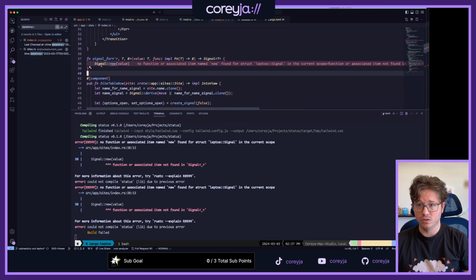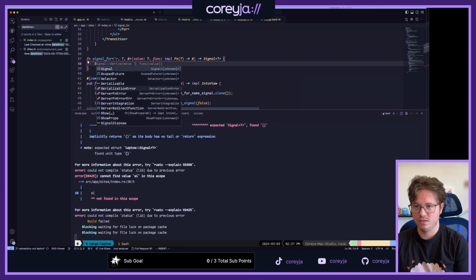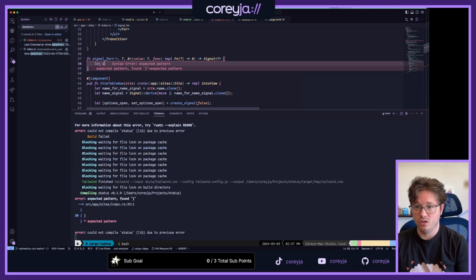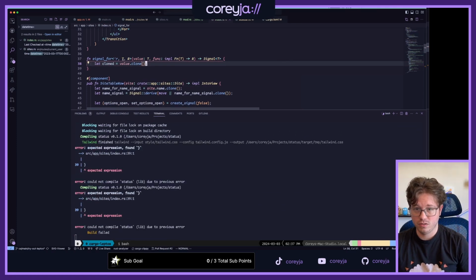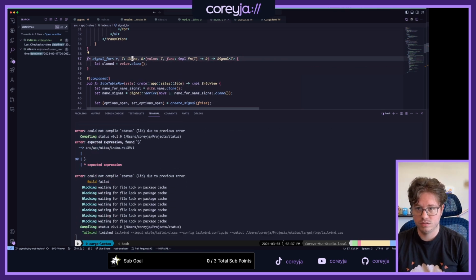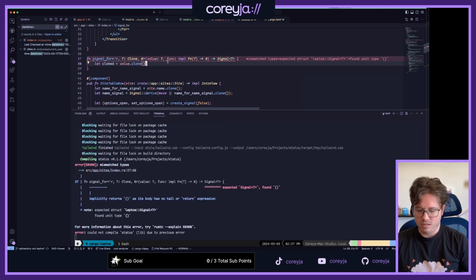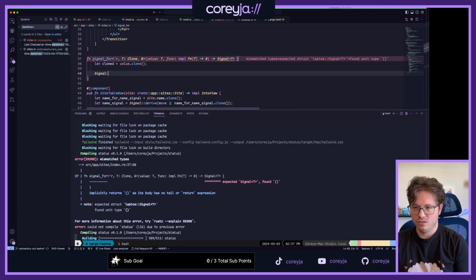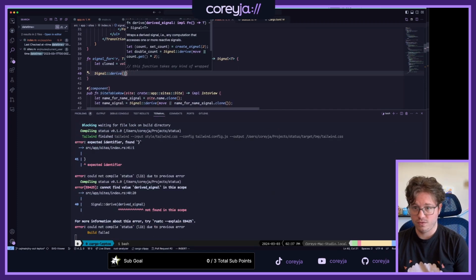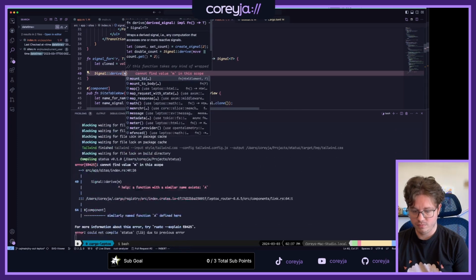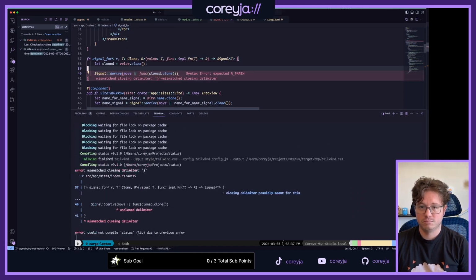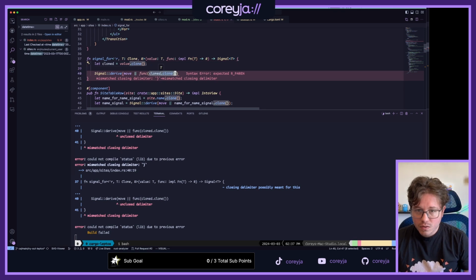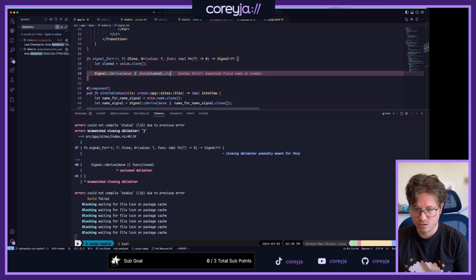Yep, okay, cool. So then I want let cloned equals value.clone, because this is clonable. And then I want signal derive from moving it, so I can move the cloned value in. No, clone dot clone.